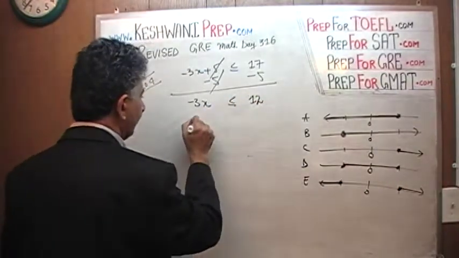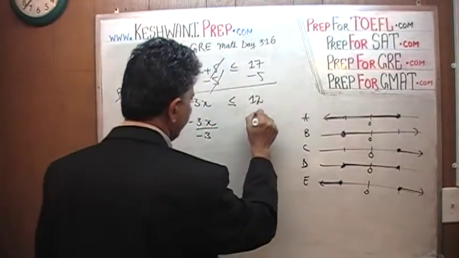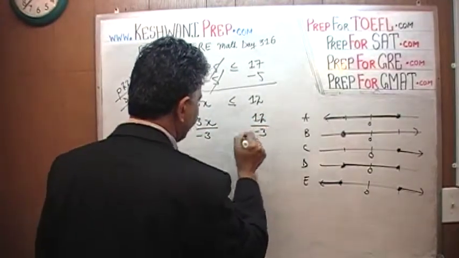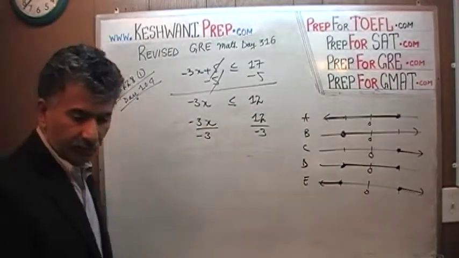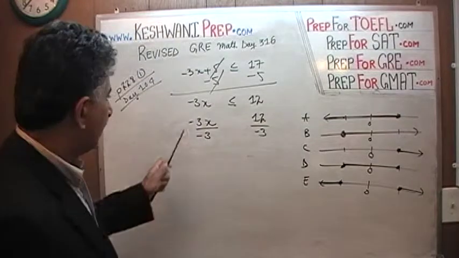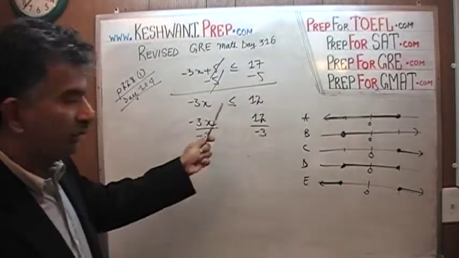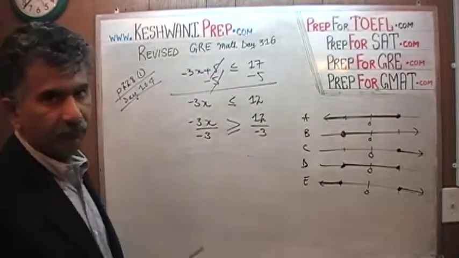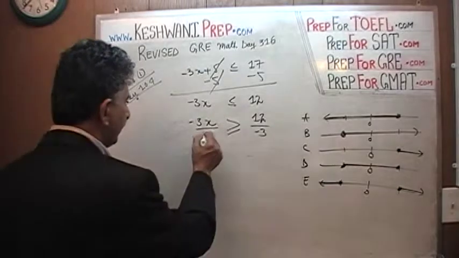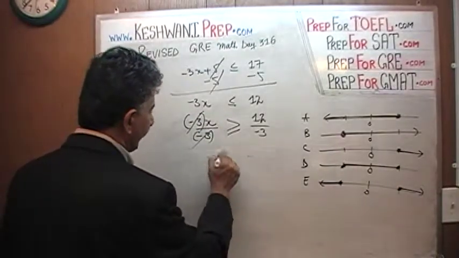Let's divide both sides of the inequality by negative 3. Now notice how I did not simply draw a line there and put a negative 3 and negative 3, because the direction of the inequality has to switch now because we are dividing by a negative number. That's all. So the negative 3 crosses out with this negative 3, and we end up with x by itself,